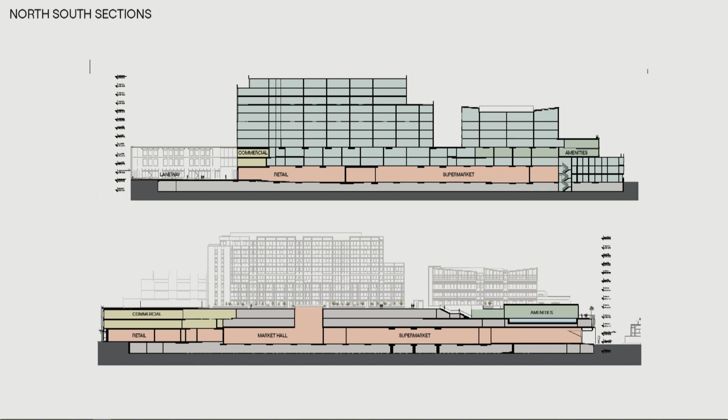Parking rate's quite low. It's about 0.36, 0.37 for the residential, but there's a lot of bikes. There's more than one per apartment. Commercial facing Bridge Road, and then at the northern end, which I'll talk to in a minute, there's a large amenities block, which obviously makes the most of the northern aspect and the northern light, and then a series of separate residential buildings